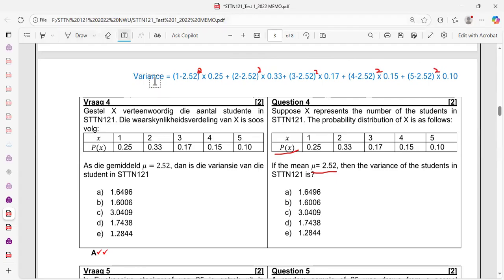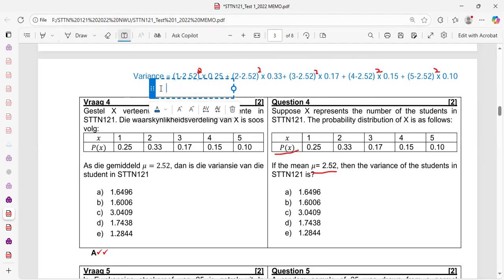Now the variance is equal to, let's substitute: 1 minus 2.52 to the power 2 multiplied by 0.25, plus 2 minus 2.52 squared multiplied by 0.33, plus 3 minus 2.52 squared multiplied by 0.17, plus 4 minus 2.52 squared multiplied by 0.15, plus 5 minus 2.52 squared multiplied by 0.10. And the answer,